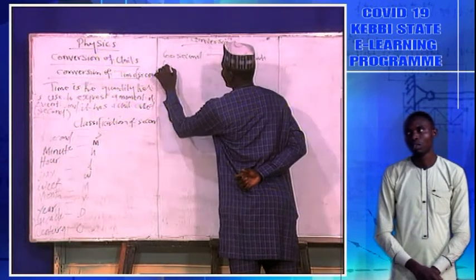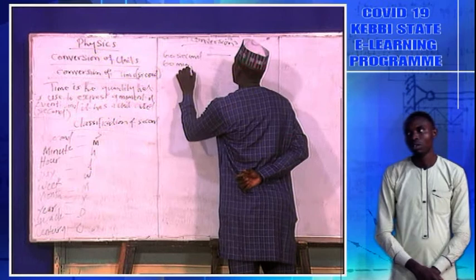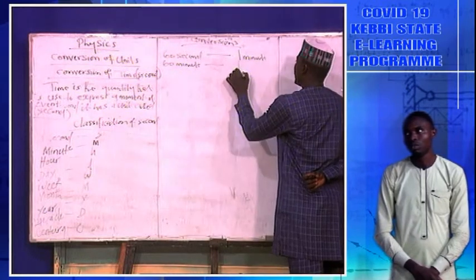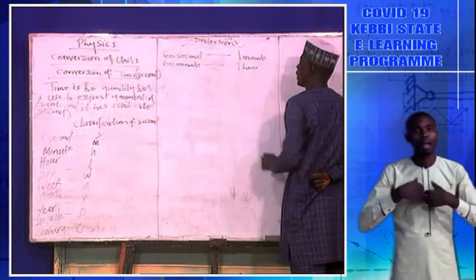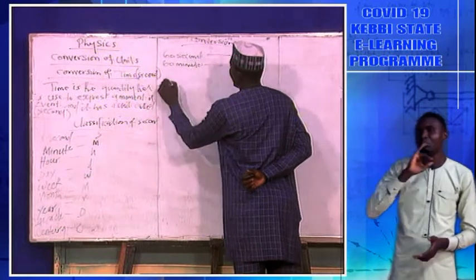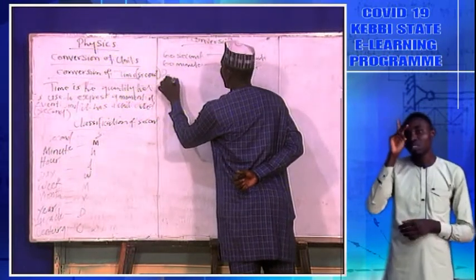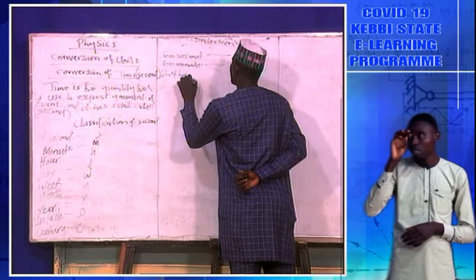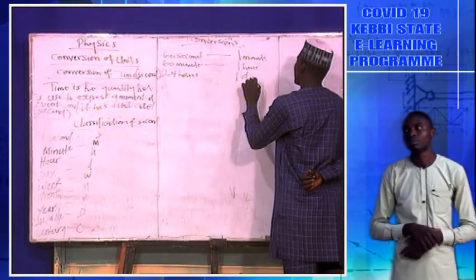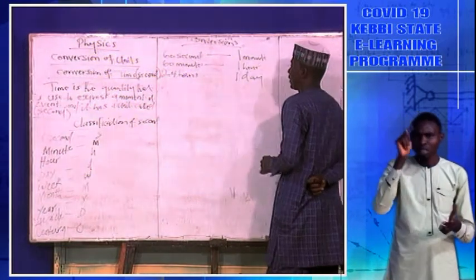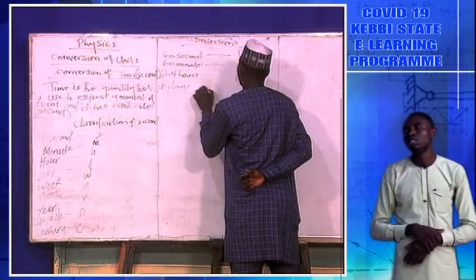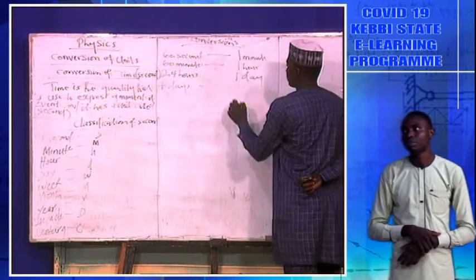Next, we have 60 minutes will make 1 hour. And we have 24 hours make 1 day. We have 7 days make 1